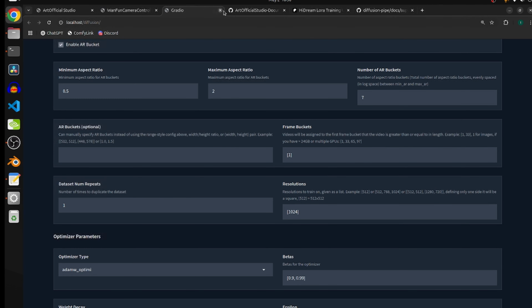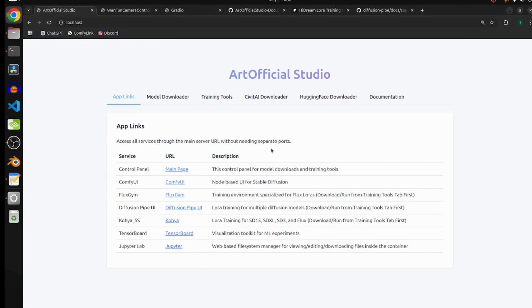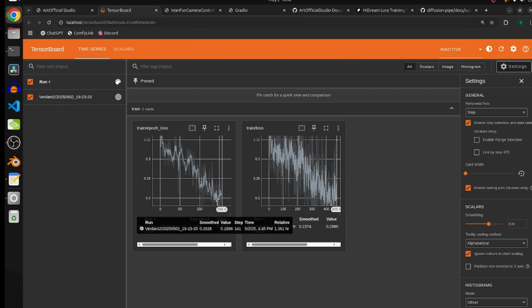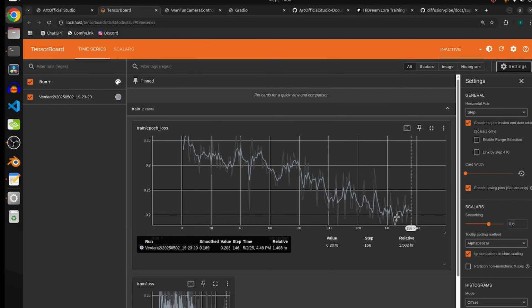All right, so now let's go back to ArtOfficial Studio and let's check out our Tensorboard. All right, so you can see that the epoch loss did decrease significantly. Again, I'm not using an evaluation data set because the UI doesn't have that built into it yet, which it will eventually, but it's not there yet. So right now we kind of just have to try to use the local minimum technique. It's not the best, but it at least gives us a place to start at. So we trained 156 epochs in an hour and a half,